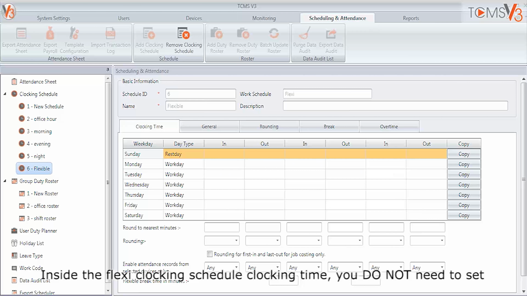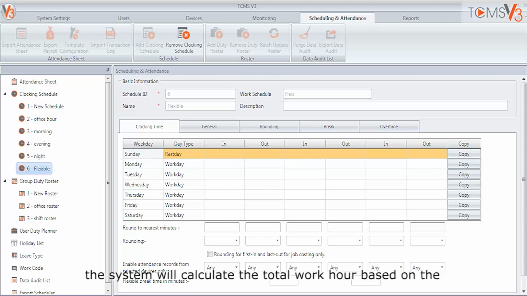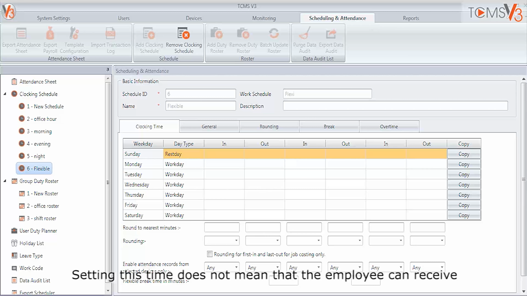Inside the Flexi clocking schedule clocking time, you do not need to set any in or out times because by using the Flexi clocking schedule, the system will calculate the total work hour based on the out time minus the in time. However, the system permits you to enter a reference time for each of the clocking columns inside the Flexi clocking time tab. Setting this time does not mean that the employee can receive any short time, late in